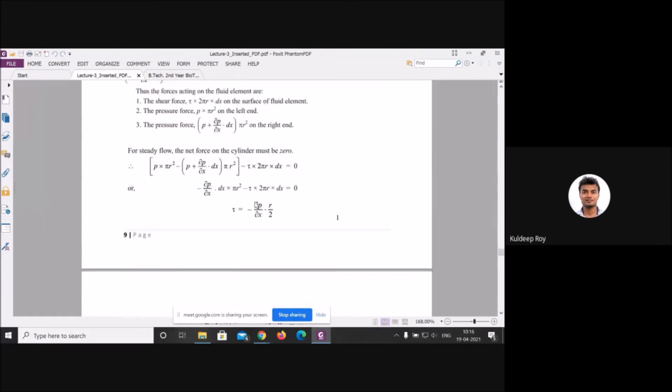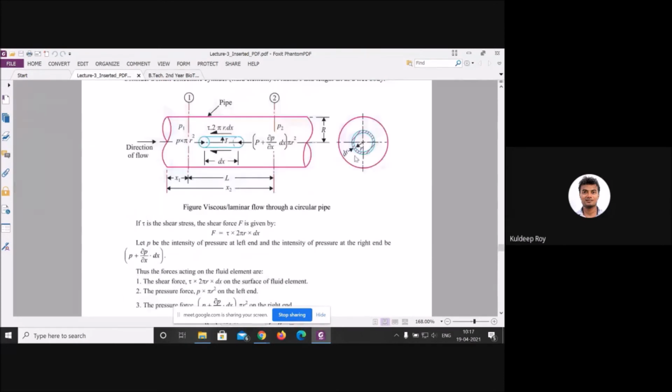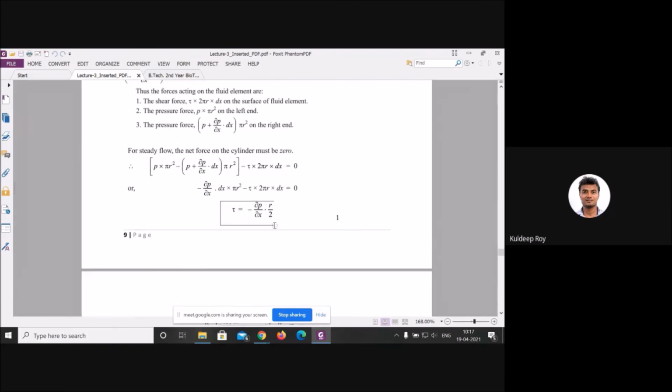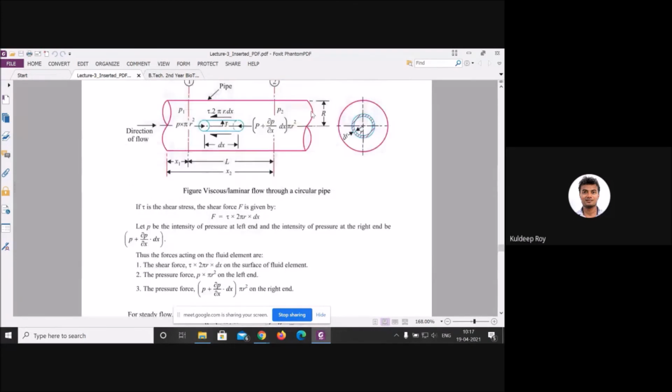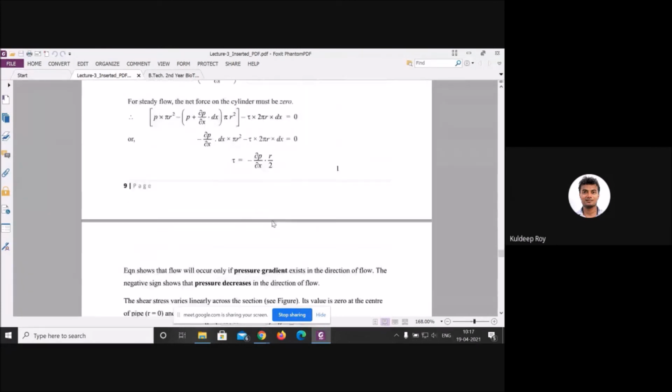Then you have determined this when the radius equals r. Here r means you have taken a distance, because the whole radius is capital R, but you have cut a segment which is away from the center, having the radius r. This is r, and this particular region is Δr. Then you have defined it for r. If you are looking at the whole pipe, then r should be capital R.